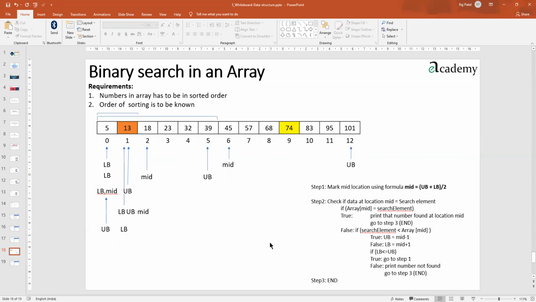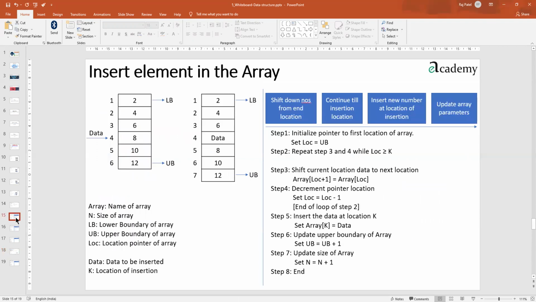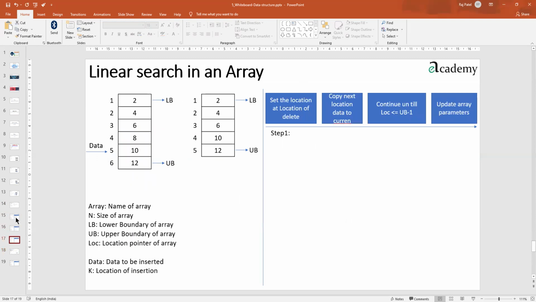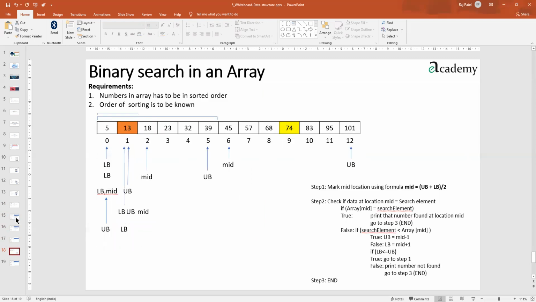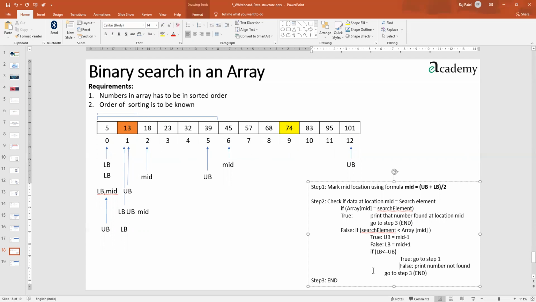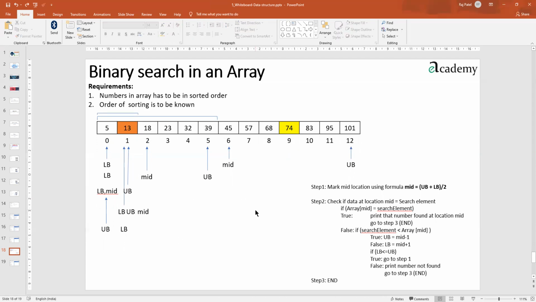Now, what next are we supposed to do? So we can go to another topic of this particular chapter itself, but you can see the type of algorithms which we have. Traversing, inserting, deleting, which is easier. Linear is also easier. Binary is also easy, not tough at all. The only thing is you have to think of a few of these particular things. Otherwise, things are not difficult at all.